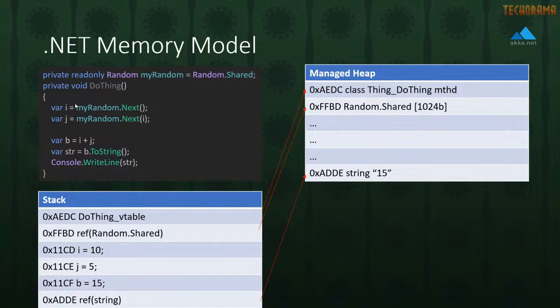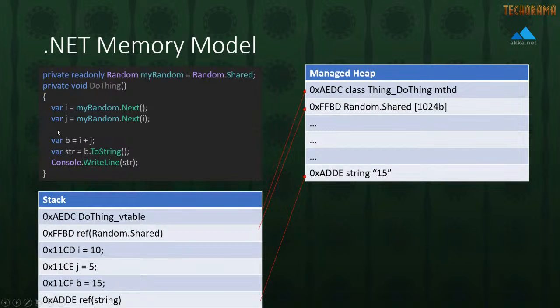So that's the idea behind stack-only types: they are designed to be very ephemeral, only used in a highly localized context, and they don't require garbage collection. They aren't part of the managed heap. Now, when you declare a property on, let's say, a class you've defined that implements a value type like an integer, we're going to allocate that integer's value onto the managed heap, because that's part of a larger managed data structure. But when we're just declaring inline variables like this, we don't. They get allocated directly into the stack for everything that's running through the current thread right now.